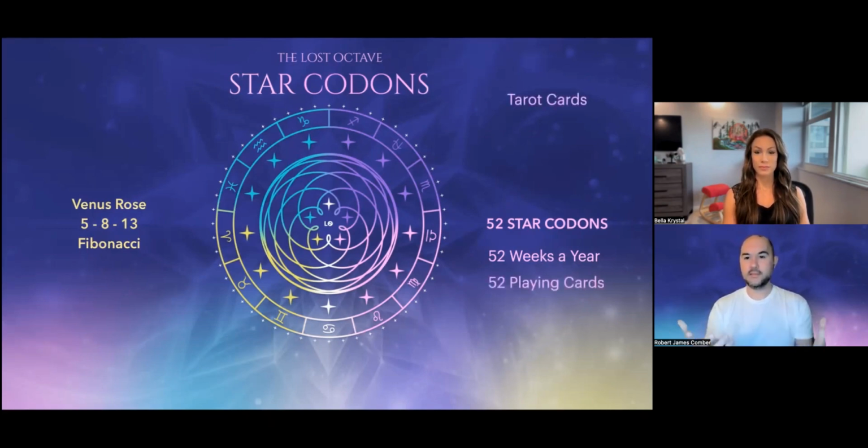And then this shows you a really beautiful picture, that there are 52 playing cards. Right? So in the original playing card set, there are 52 playing cards. Well, isn't that interesting that the number of star codons is also the number of playing cards? And so this is like the DNA reflecting in these old ancient technologies of divination. And of course, that leads us into the tarot cards, because the tarot cards are made up with the original playing cards.